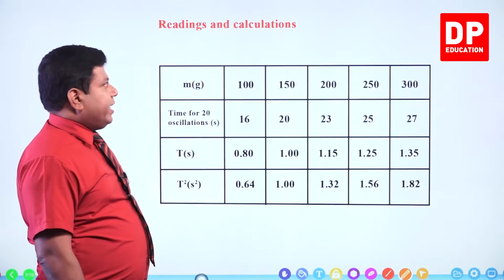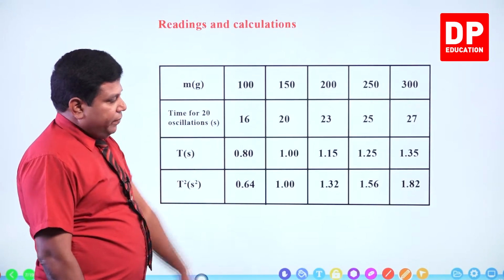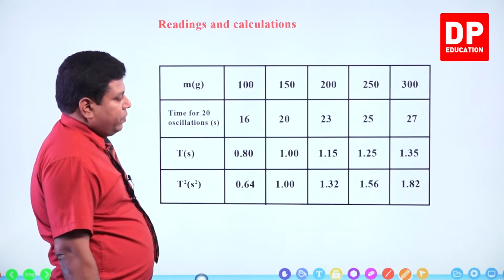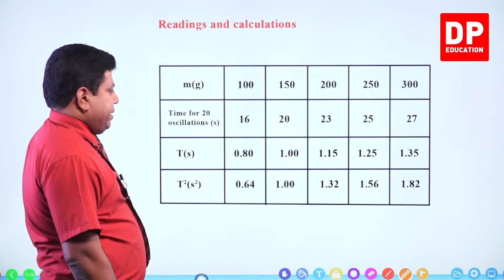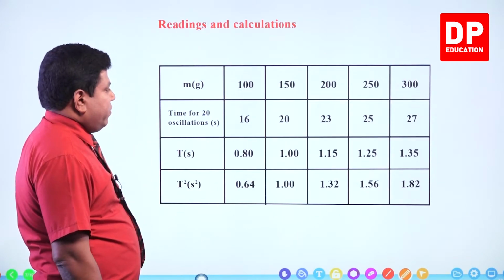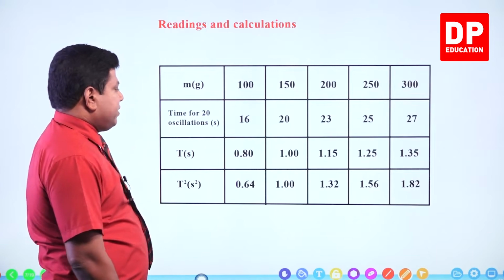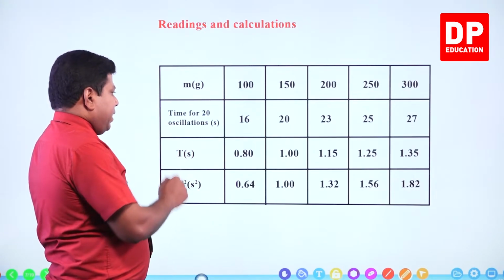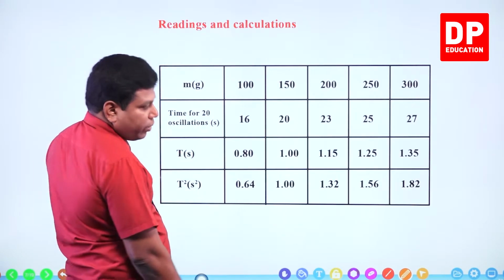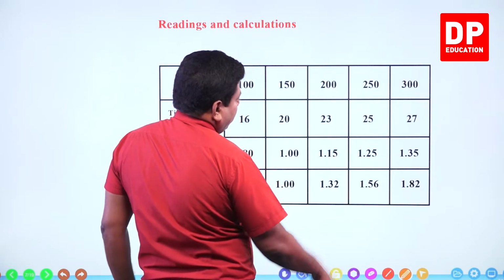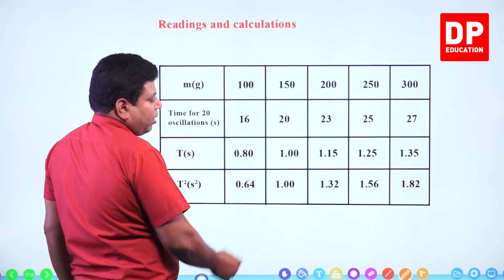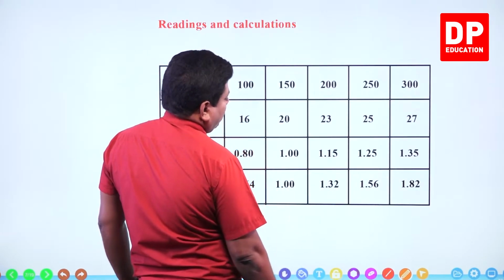You all can see the readings that we have got. I have tabled here the masses that we used and the oscillation times that we got for 20 oscillations. Then we have 16, 20, 23, 25, 27 seconds. So T, the time for one oscillation, you divide by 20, you get 0.8, 1, 1.15, 1.25, 1.35. T squared is required: 0.8 squared is 0.64, 1 squared is 1, 1.15 squared is 1.32,